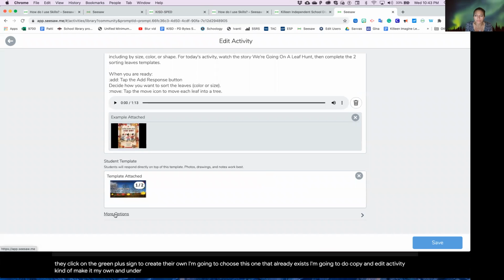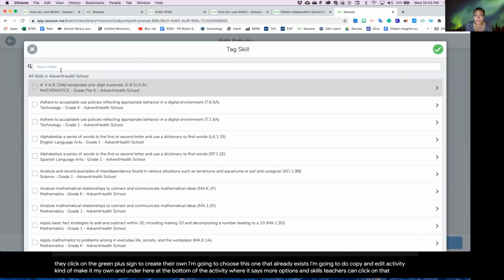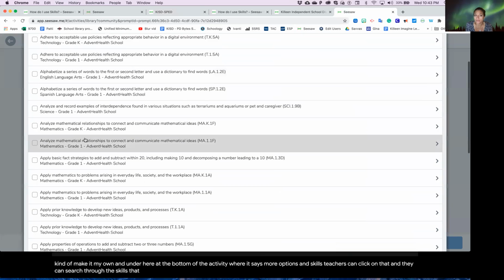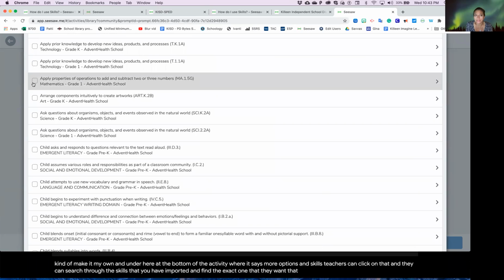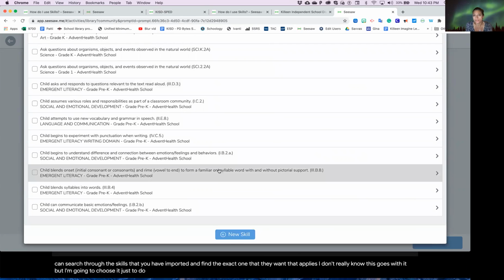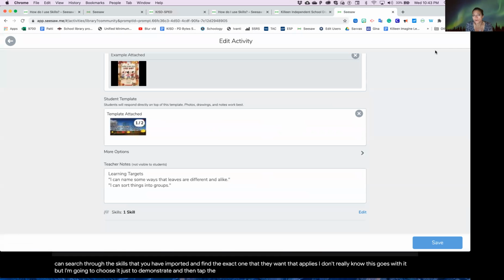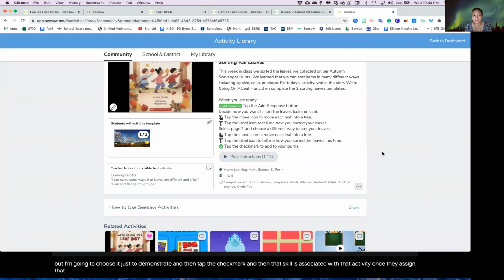I'm going to do copy and edit activity, kind of make it my own. And under here at the bottom of the activity where it says more options and skills, teachers can click on that and they can search through the skills that you have imported and find the exact one that they want that applies. I don't really know if this goes with it, but I'm going to choose it just to demonstrate, and then tap the check mark. And then that skill is associated with that activity. And once they assign that activity,